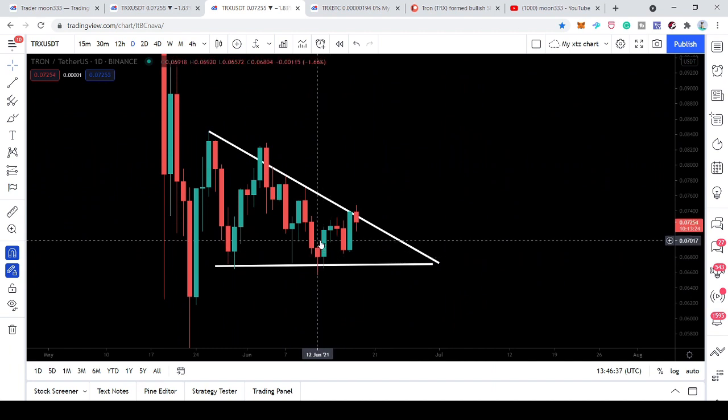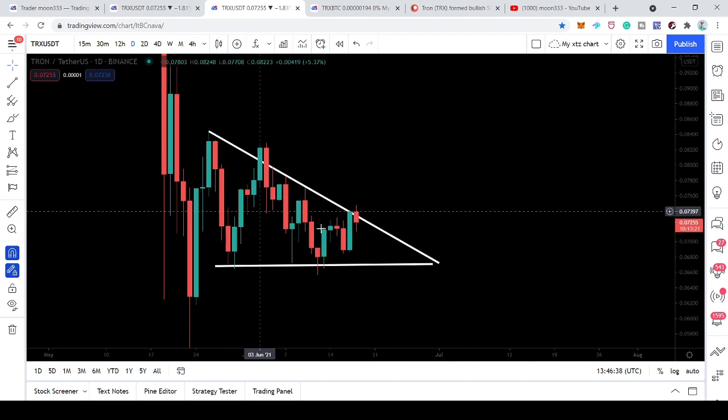And in today's video we will discuss whether the price action will break out of this resistance of the triangle, as we can see that it has reached the resistance at this time, and what the next target can be